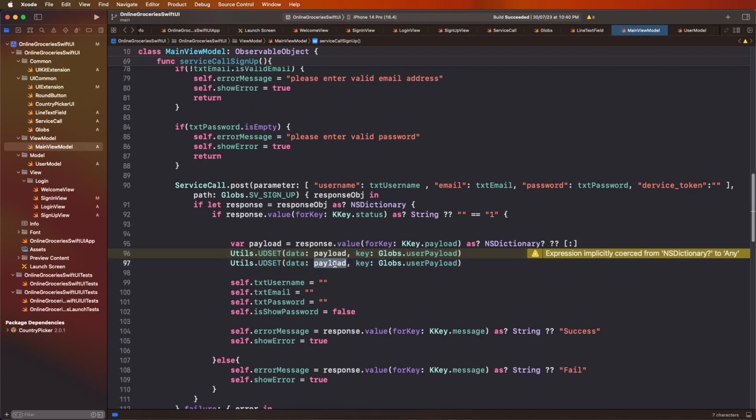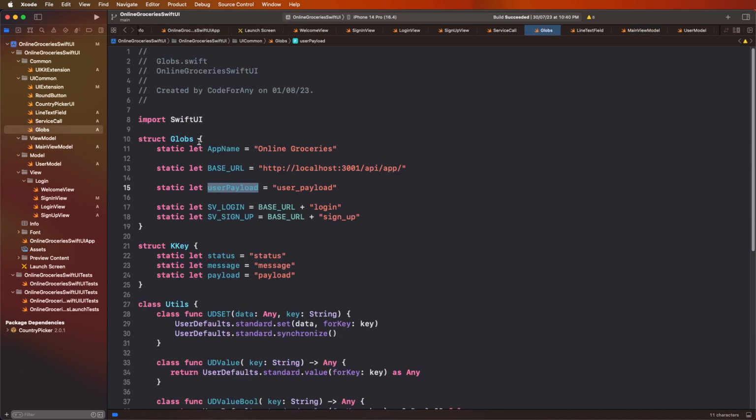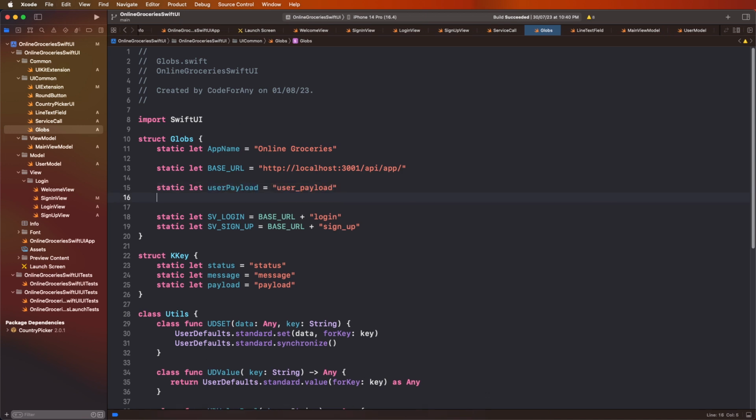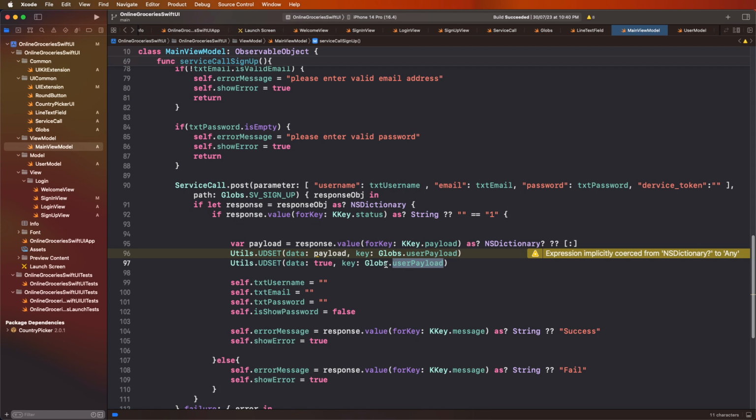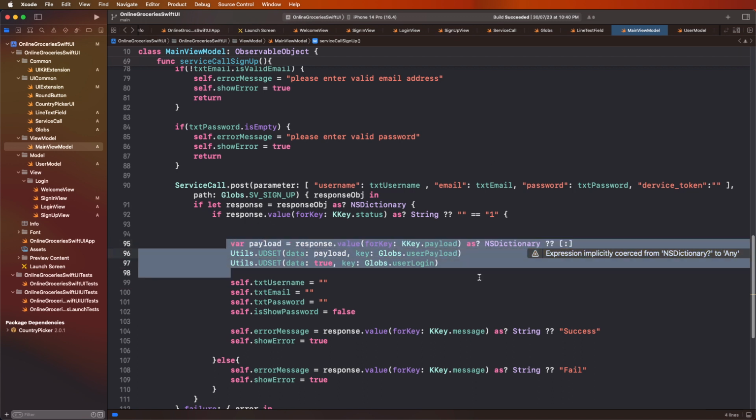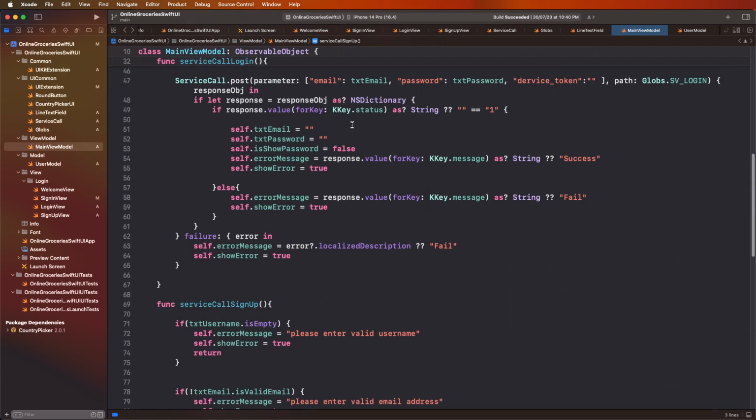Need to copy this, the login. Logins. Now need to go here. This and need first of this. And to paste inside the